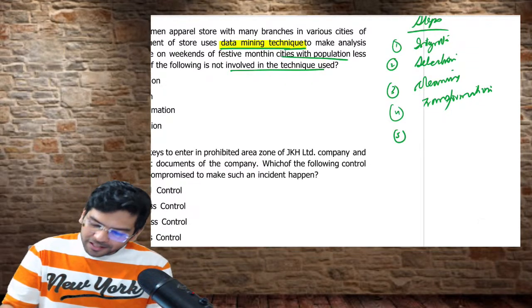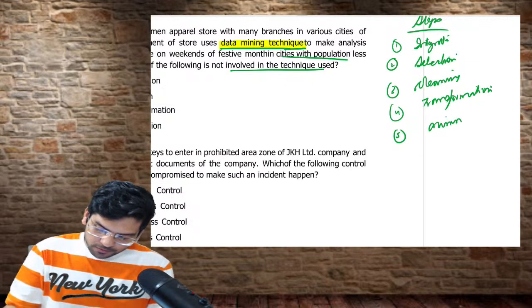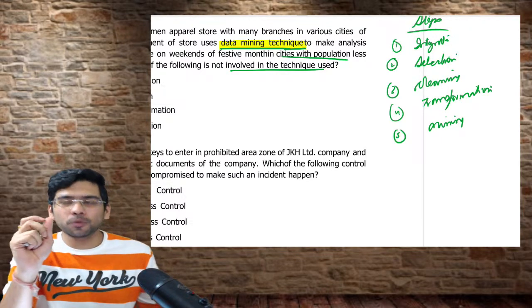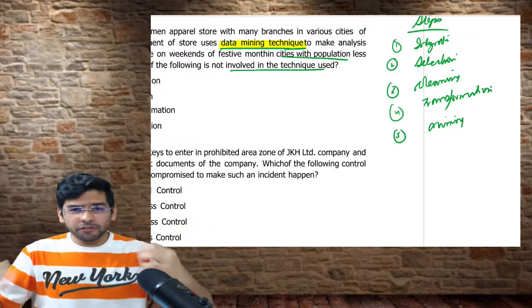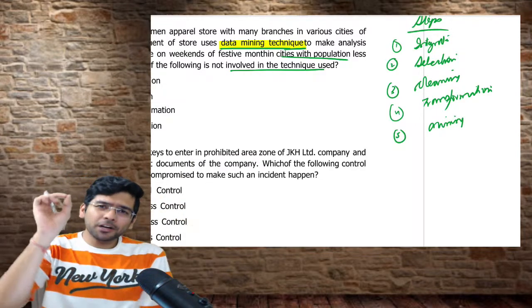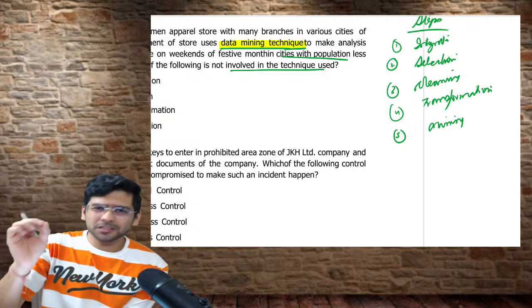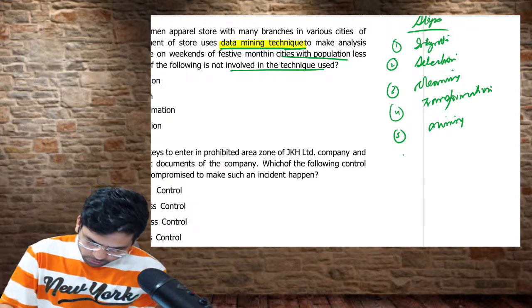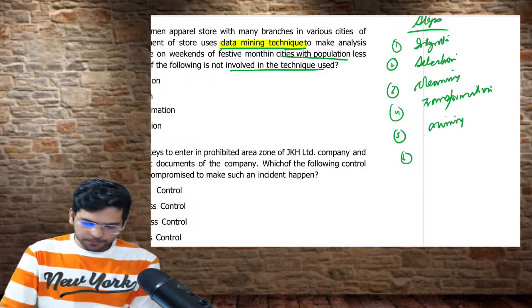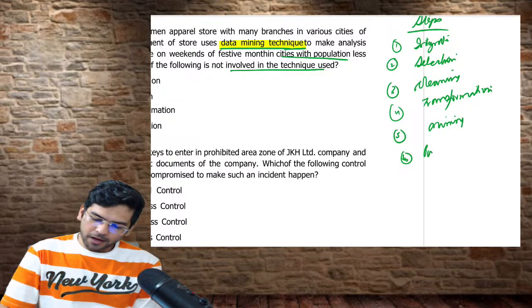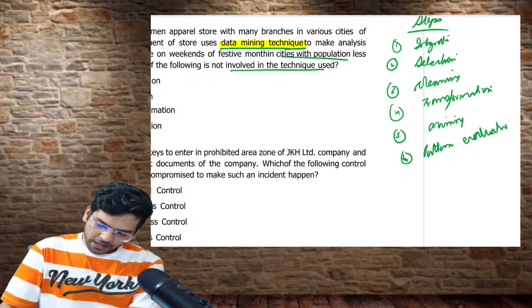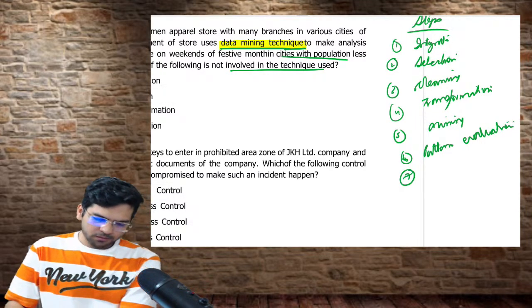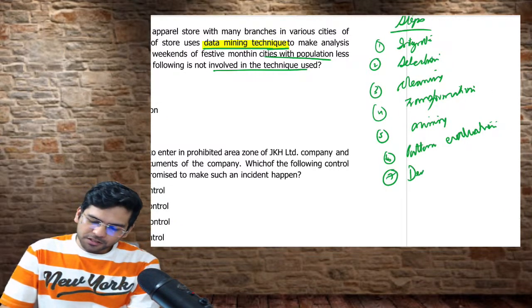Then the data mining will be done. Mining basically means to find out hidden trends and patterns from a large volume of data. If you have very big data, data mining is used to find out hidden trends, patterns, etc. Once mining is done, you are going to evaluate the pattern, and then you are going to make certain decisions out of it.